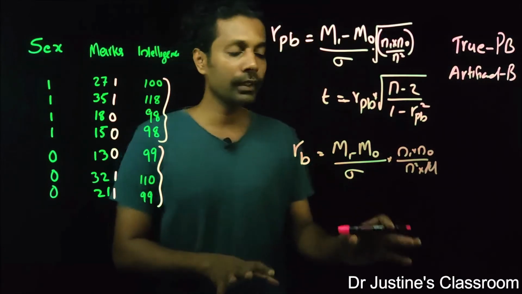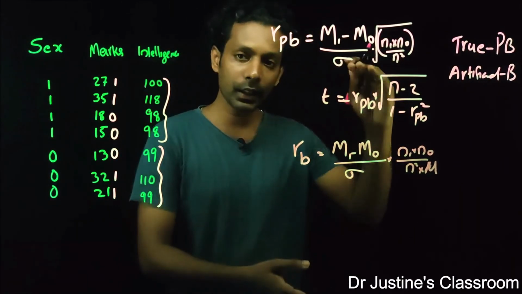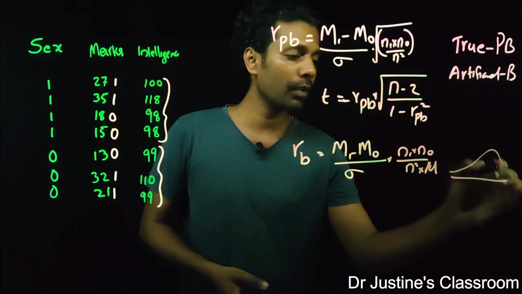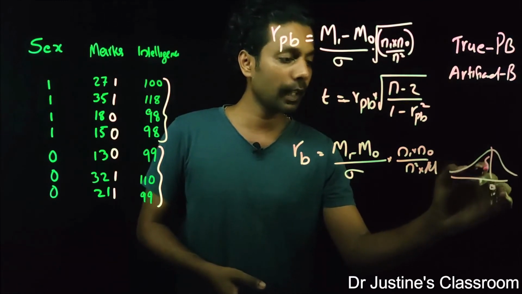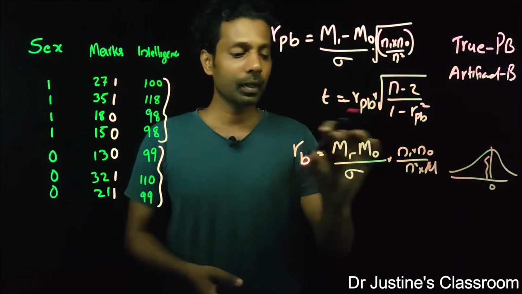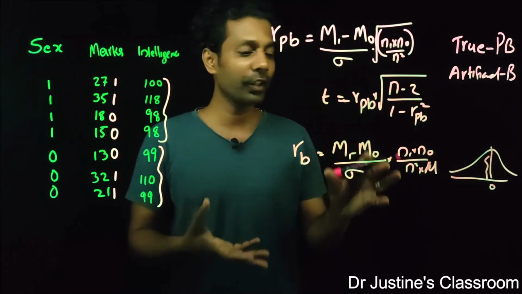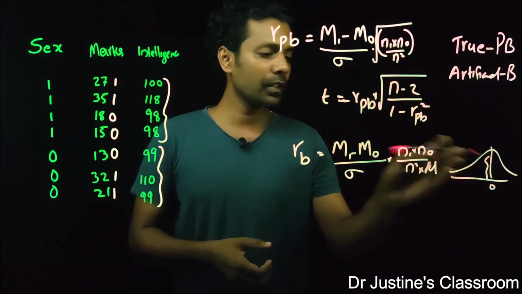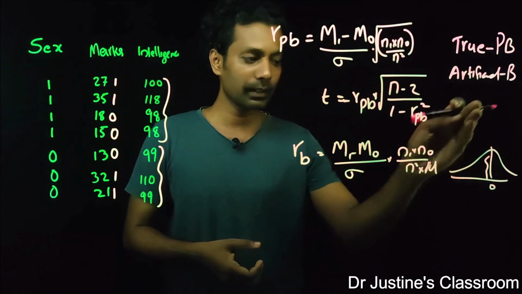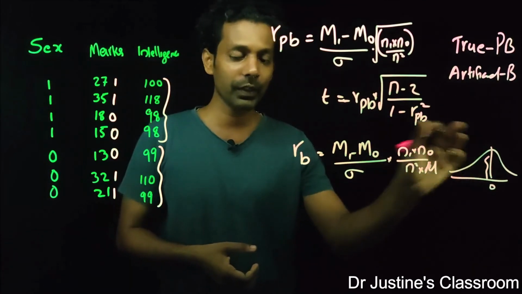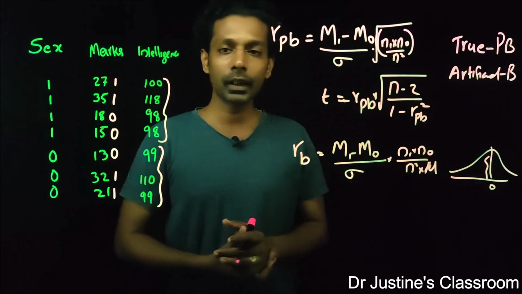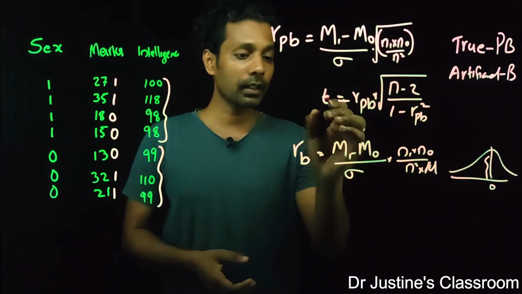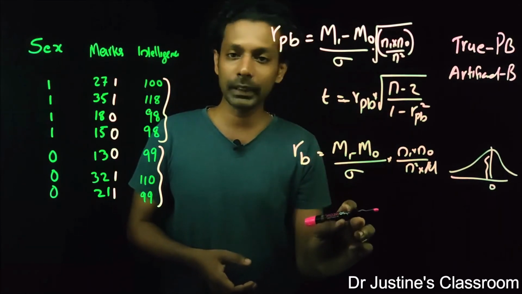Okay, so what is u in this context? u is the height of the normal curve at the r value. So if you try to plot an r value, the center point 0, this height would be the u value. So this has to be calculated with the equation of a normal curve. Okay, so this is the value which divides these two categories, the cutoff point which divides the two values. So that has to be used. So this is the equation of the biserial correlation, and this same t method also can be used in this context.